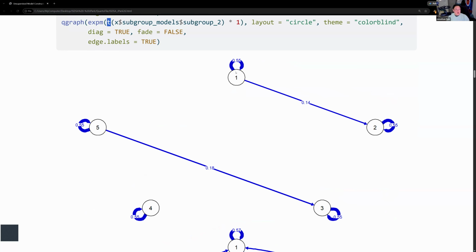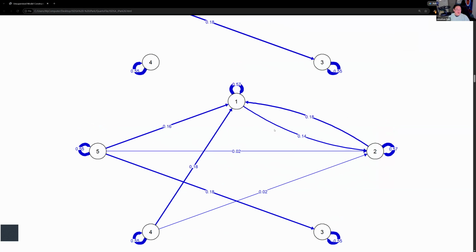So we have high autoregressions, about 0.5, and then the effect between variables is about 0.1 to 0.2. So relatively weak dynamics between our variables. And this is, again, to simulate a case that is kind of the most representative of what we might find